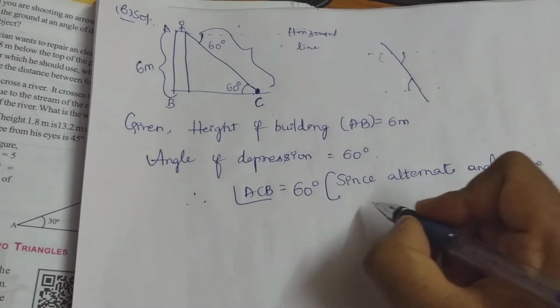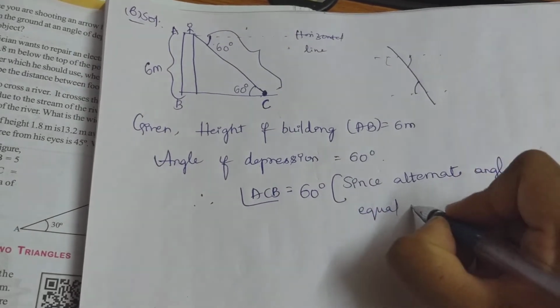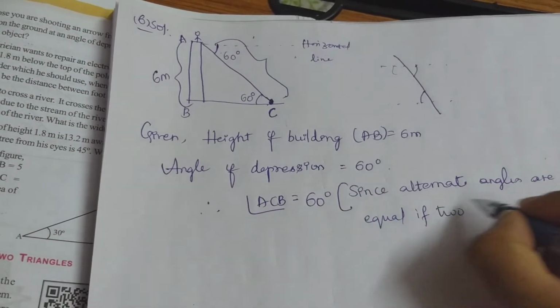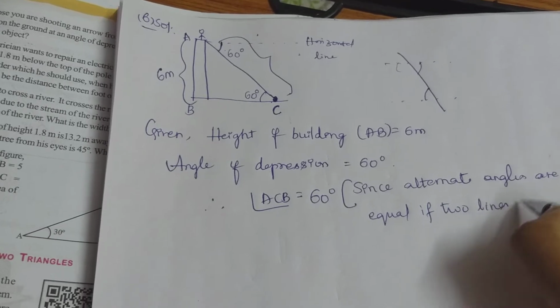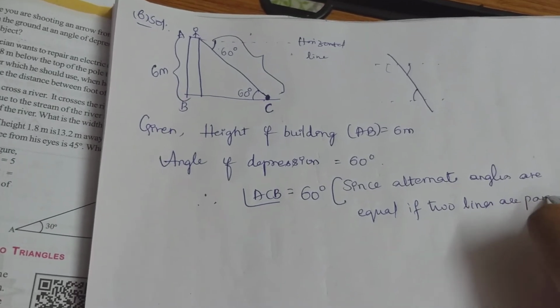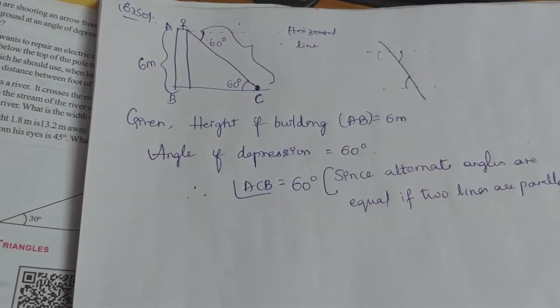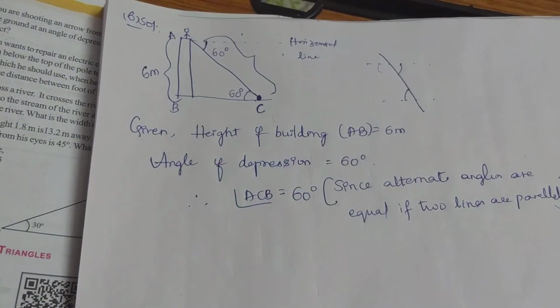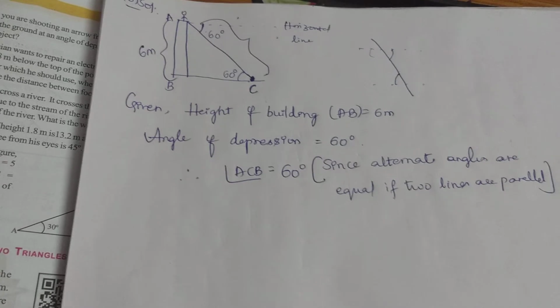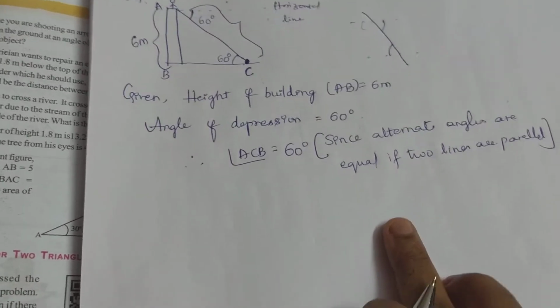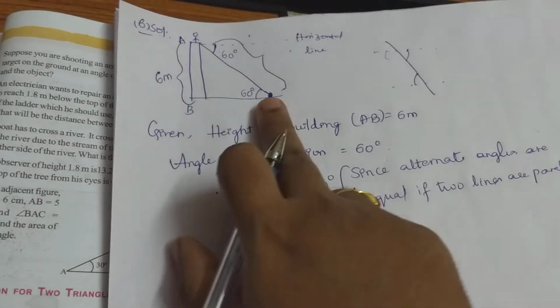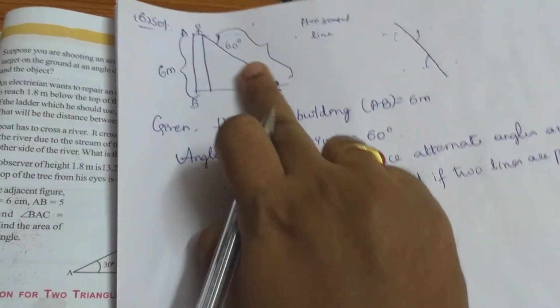Since alternate angles are equal if two lines are parallel. Since here the horizontal line is parallel to the ground level, that's why the angle ACB will be 60 degrees, because the alternate angles are equal if the two lines are parallel. So from this we got one angle